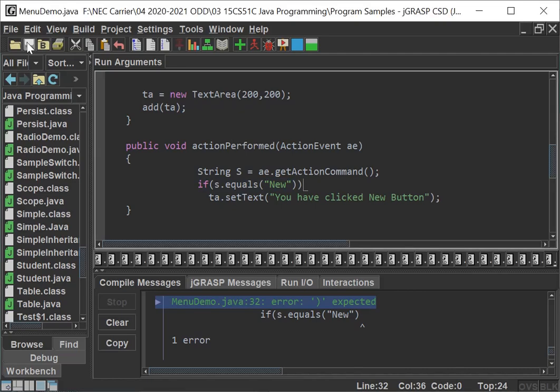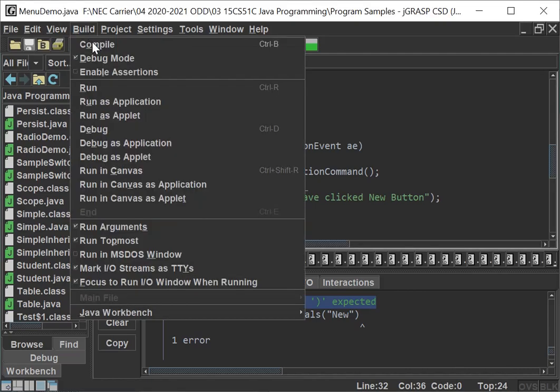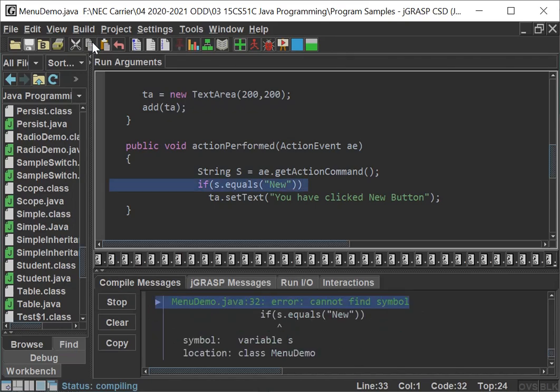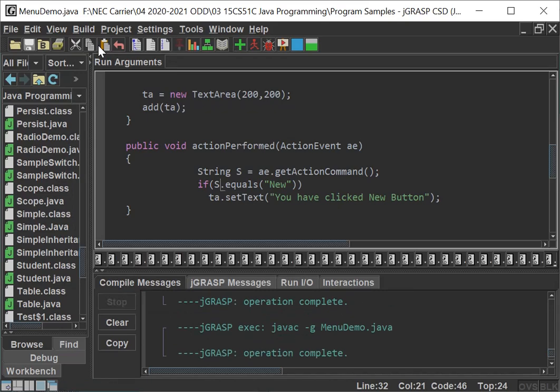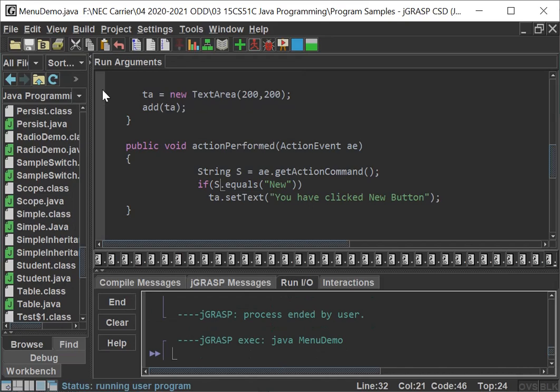I have saved it and compiled it. Oh yes, this is a silly mistake I made. I used this reference variable as S in caps, but here I used small s, that's why it's giving you an error. Next we compile it. No problem is there, and next we execute.